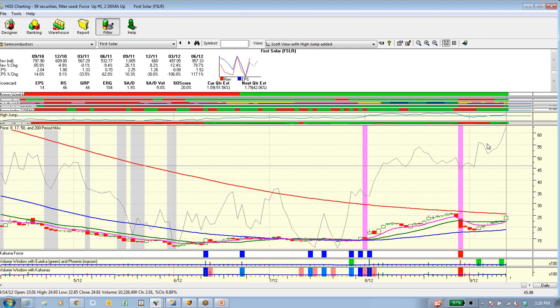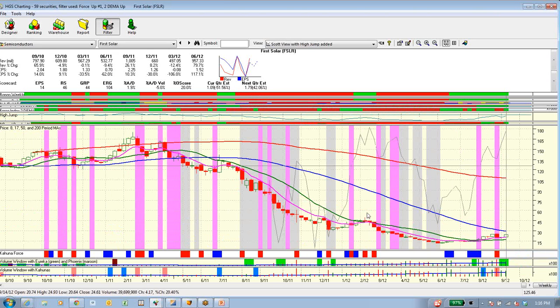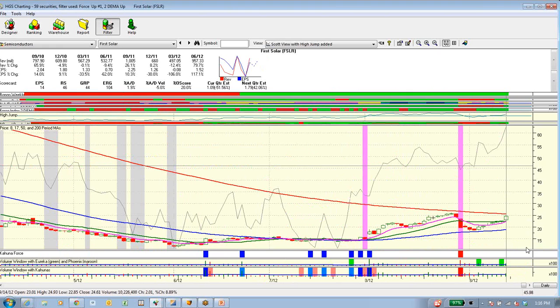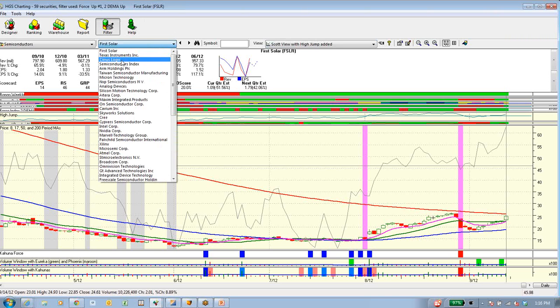You can see within the semiconductor group, a lot of group strength. Everything had turned green. I'm too worried about overhead supply, and I'm worried about this 200-day moving average. Overhead supply are all these people that have been holding the stock from back here that want to get out, and every time it gets a run, it's going to get smacked back as people try and get out from underneath a very big loser stock. Now, if it breaks above the 200-day moving average on volume, it probably comes back and retests, I'm all in, because that's the pattern I like. I'm nervous about buying below the 200-day moving average, and I'm nervous about solar stocks.